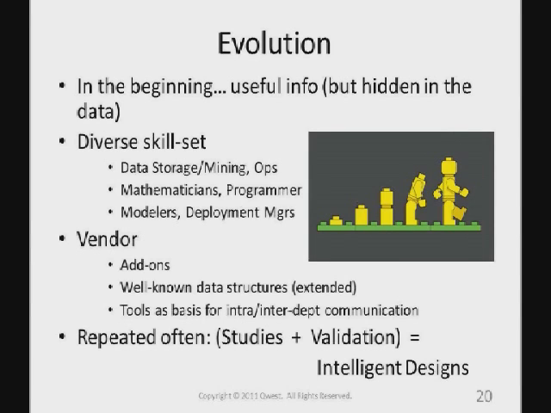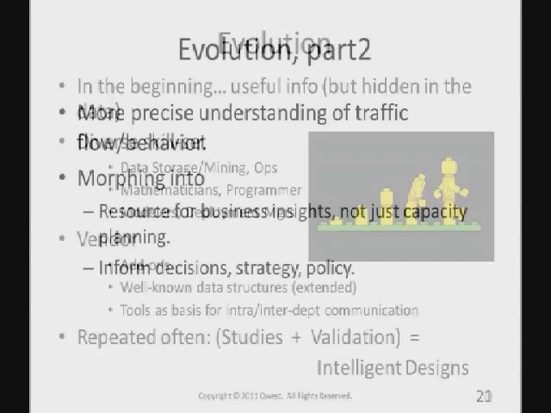Second bullet, we have a good relationship with our vendor to help explore some new and different areas. And then the last bullet is this concept of repetition. So you do a study, and then you validate it, and then you might build a tool. And then you start again, and you do another study, and you validate it, and you might improve your tools. And I think that process over years' time has really helped us produce what we think is some good work.